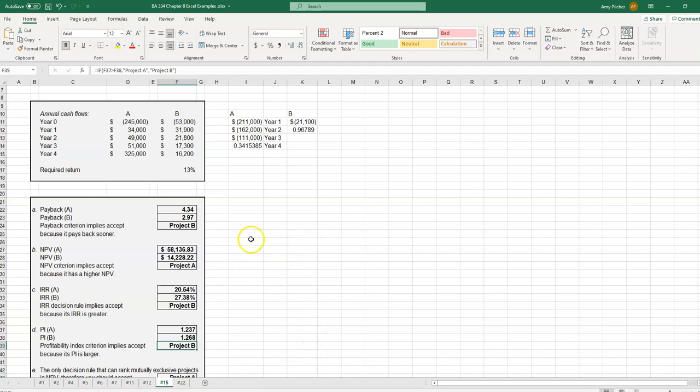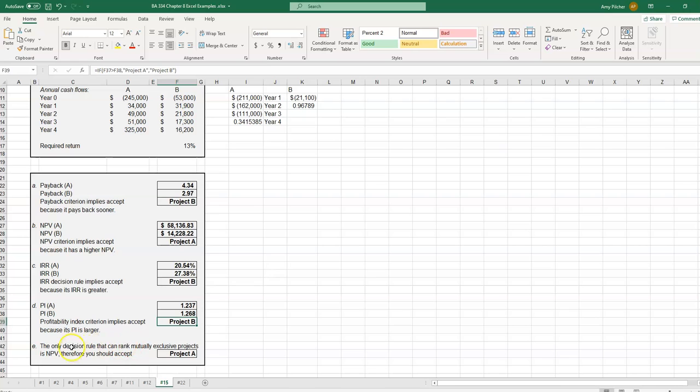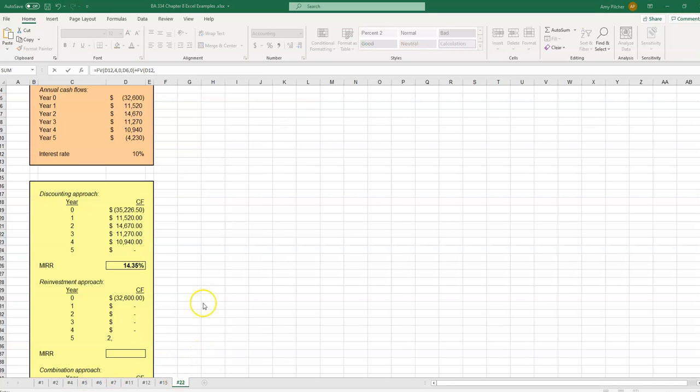So we can see that everything except for the net present value suggests that we select project B. It has a faster payback, it has a higher internal rate of return, it has a higher profitability index, although not by much. And so everything except for the net present value tells us that we should pick project B. However, with a mutually exclusive project, in this example, we're calculating the